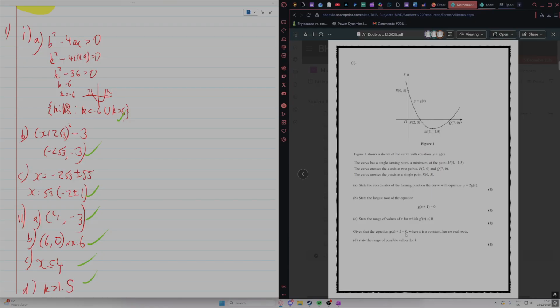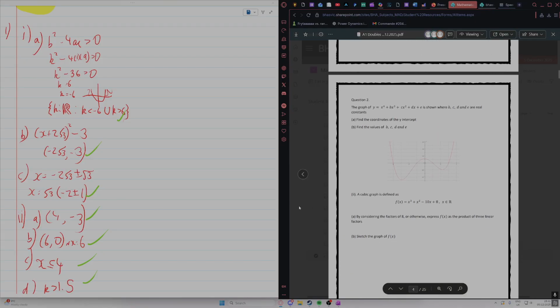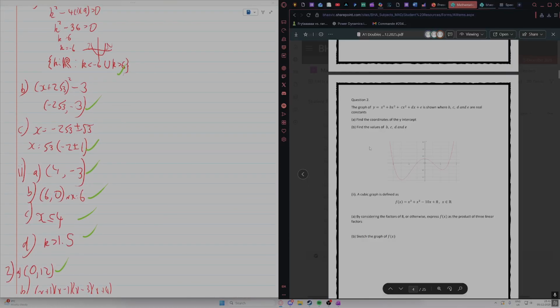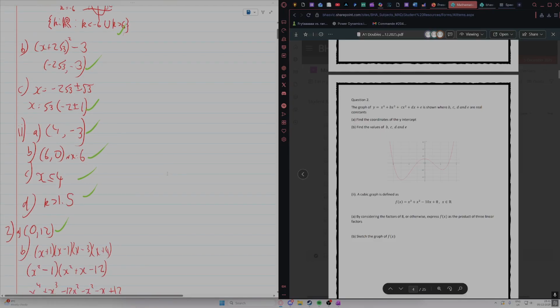And then saying that this has 0 real roots, you just say when k is greater than 1.5, this will be above the x-axis, which means there'll be no real roots. And that's the question. Alright, question 2. Y-intercept is, you just kind of guess. I don't really know what they're expecting you to do here, other than just guess the y-intercept based on the graph, which is 12. Then this B, C, D, and E, you have to show that